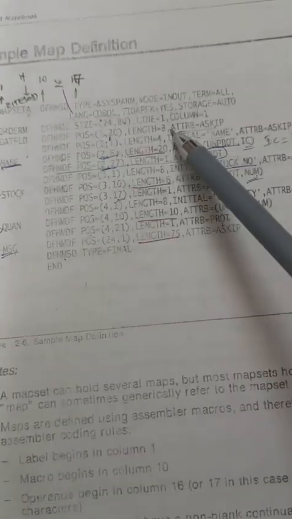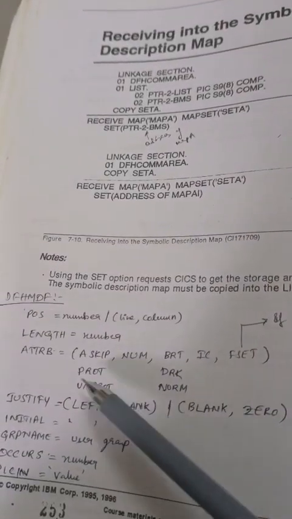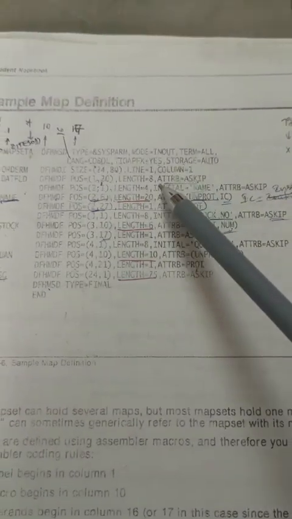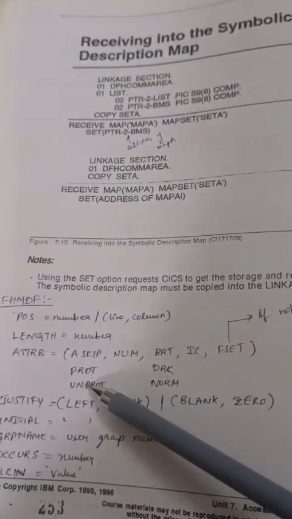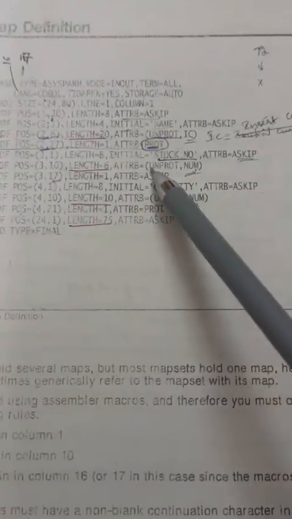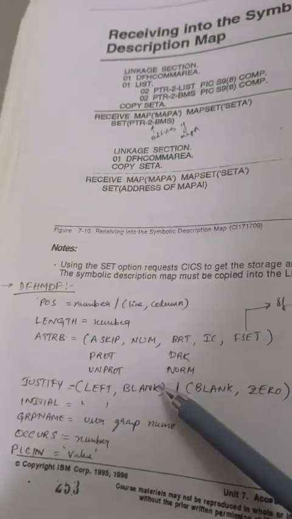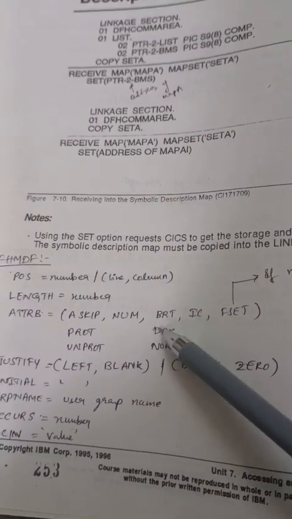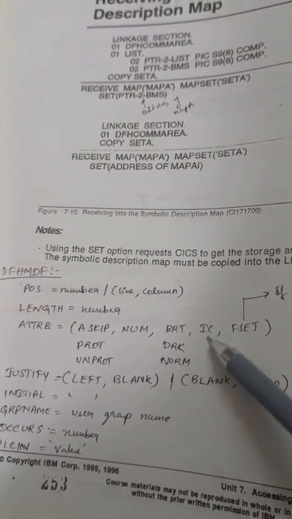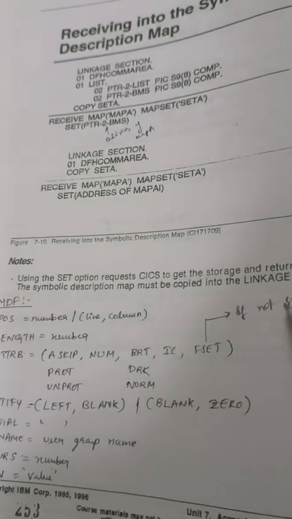And we have another parameter called the LENGTH parameter. Here the length is a number, how many characters there are. And we have the ATTRB parameter, where you have mentioned ASKIP here. What are the other parameters here? ASKIP, PROT, UNPROT we have seen. You can see how we can attribute protect, NUM is also there. These are the different types: BRT, DRK, NORM. Why the default is bright here. IC for insert cursor, FSET for field set,